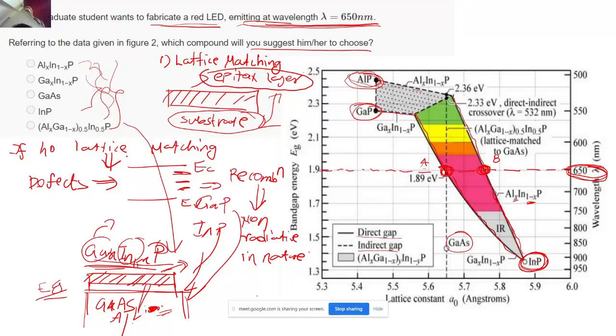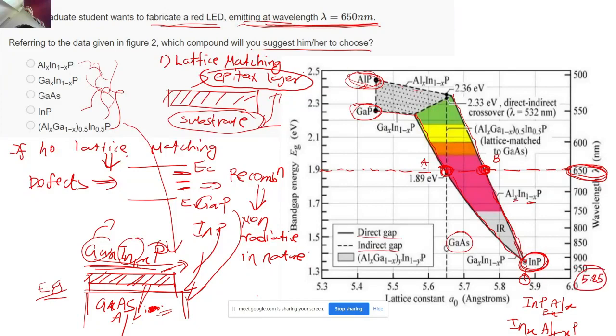Okay, so first I will start with the indium phosphide, right? I will start with my indium phosphide, and then I am going to add some aluminum to it. So it will become something like Al x and P 1 minus x over here. No, sorry, not P 1 minus x, I guess it's In x, Al 1 minus x and P, right? So now if I move from over here, note the lattice constant over here. It's very near to 5.9, right? So this is the lattice constant that I got. Let me write it, it's 5.85.